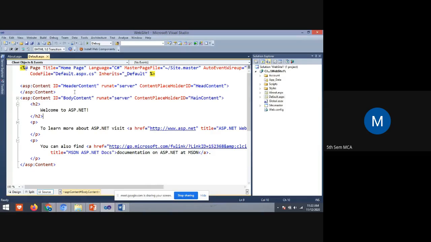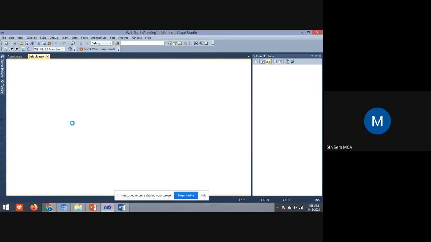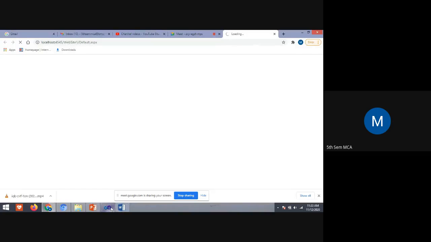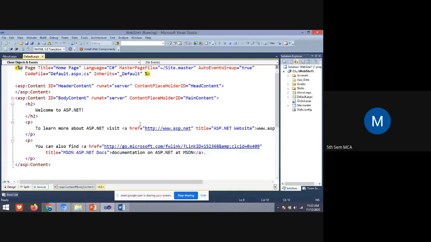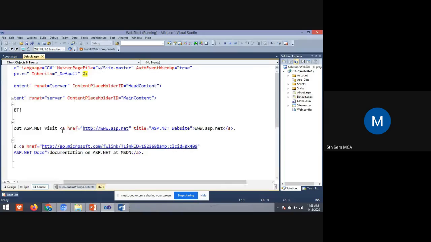Here we have header content and body content, and here using an h2 tag, the statement is: Welcome to ASP.NET. Again in the p tag, to learn more about ASP.NET, a website link is given using an anchor tag.